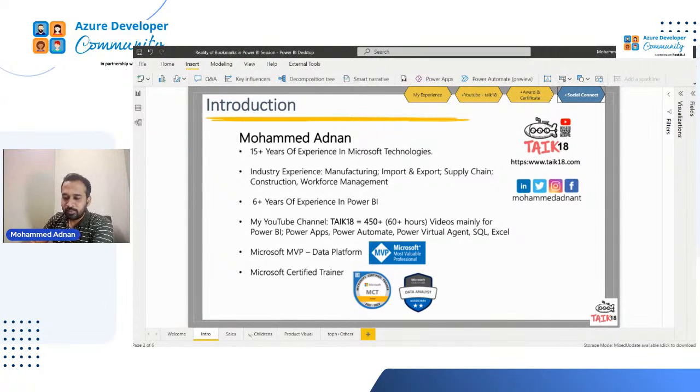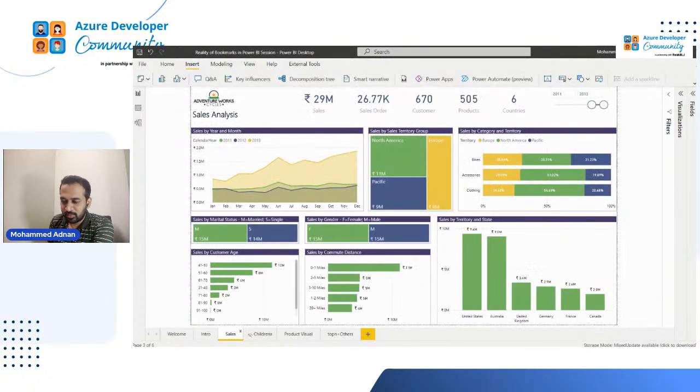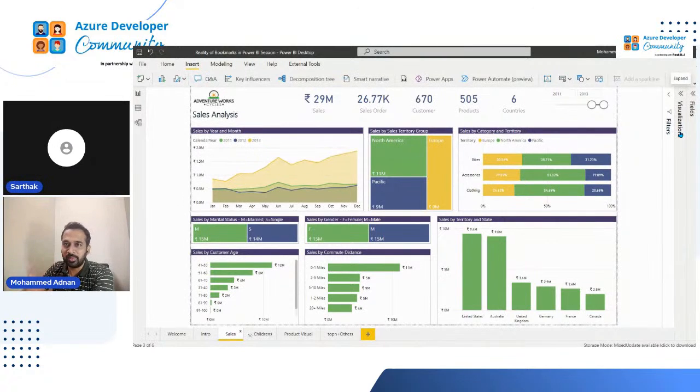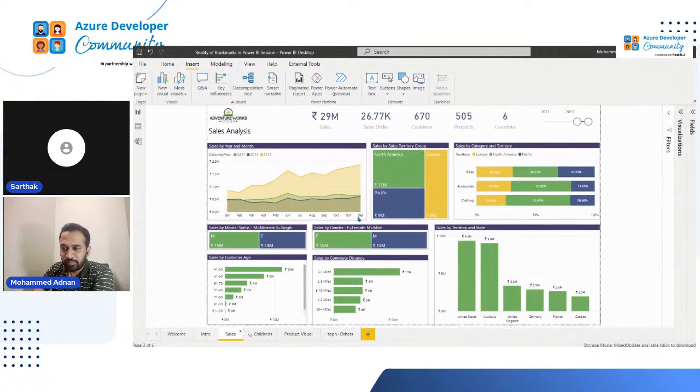So now let's create the bookmarks, right? This is the sales report for Adventure Works Cycles, and here I want to create a few bookmarks initially, because I have not created any bookmarks so far, as I want to cover it from the base. So first of all, I'm just minimizing this here and we'll go to